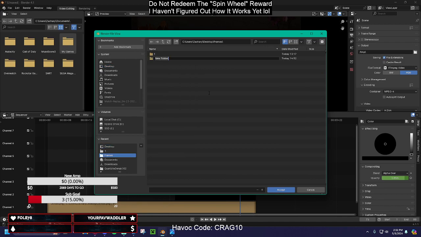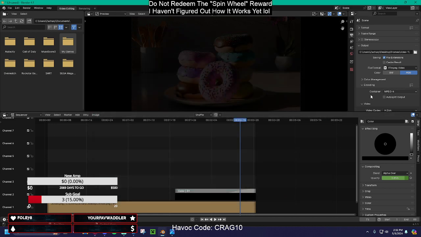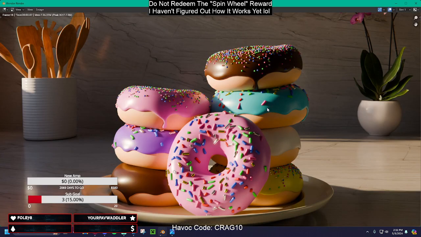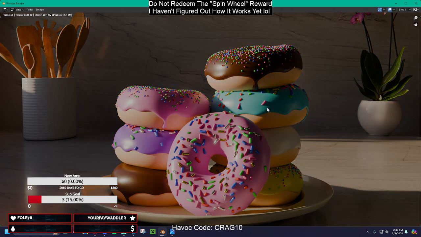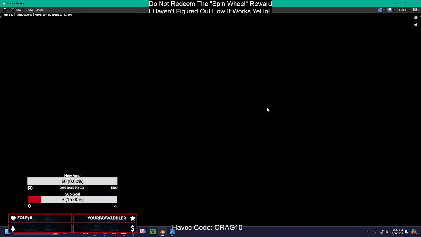I'll go new folder, video. There we go. Accept and accept. There we go. So now, again, if I go render animation, it'll bring up this here, and it'll look really choppy at first. Once it starts to fade out, you can see it looks really choppy. But that's because